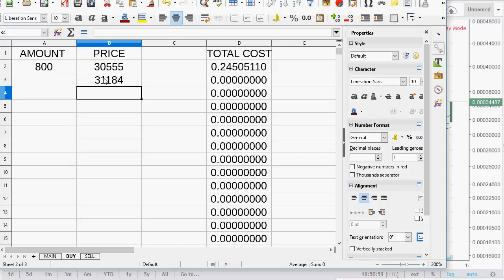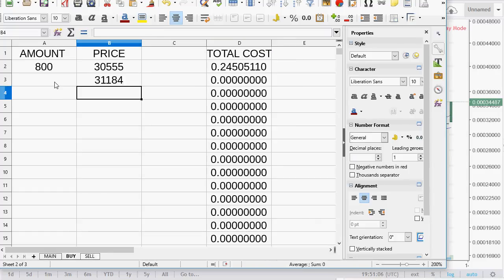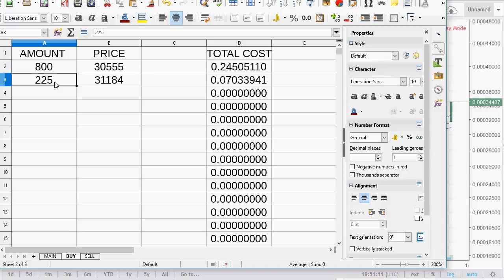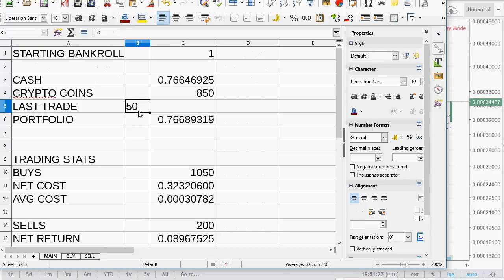Now, generally speaking, I like to buy a little more than I sold because it's cheaper. I got 200 for 8.9. If I just do like 225, I can see it's 7.0. But let's do a little more, but enough where I get, yeah, there we go. So I have a bit of Bitcoin profit and a few cheap shares or tokens along the way. So therefore, what I can do in here at any time, I can put the last trade in. But for now,